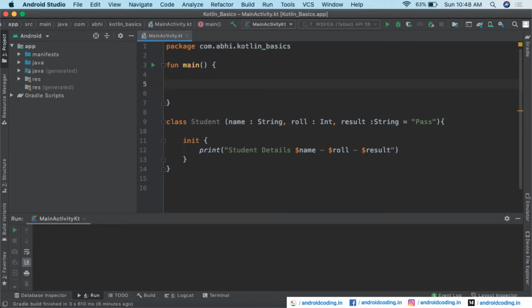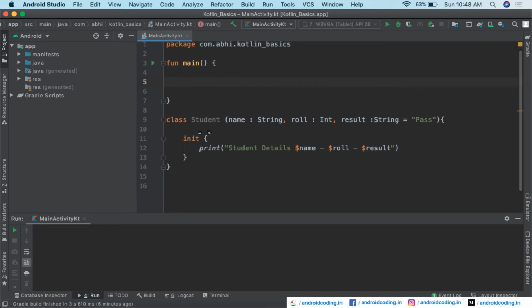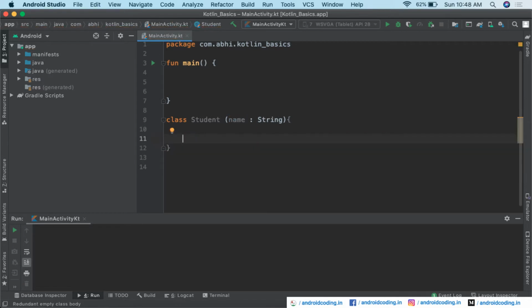I'm removing the code in the main method, and I don't want these parameters in my primary constructor, and I'm removing the init block for now. We have a simple class Student with a variable name as a parameter.